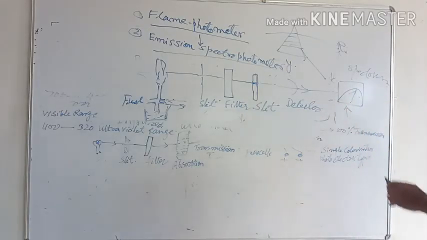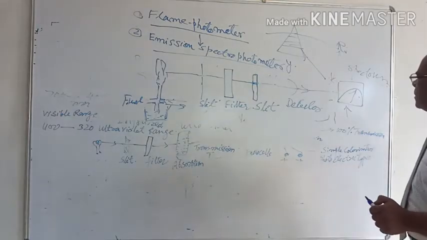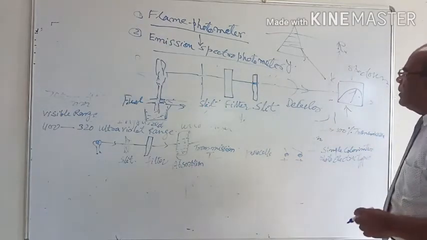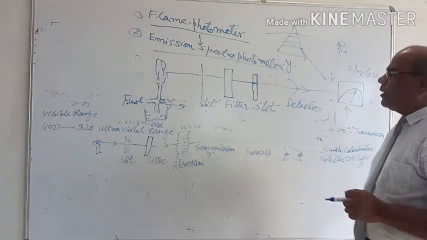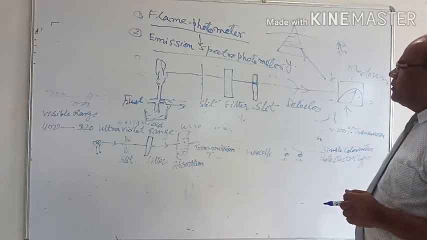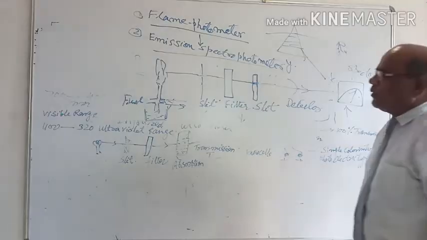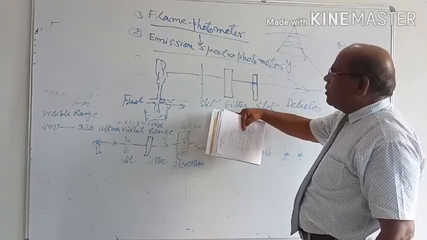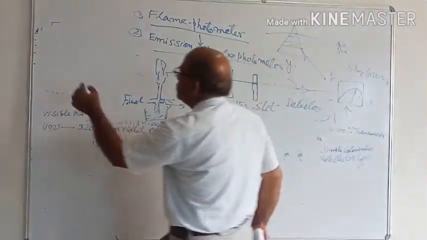On the detector we read the optical density of the spectrum, and by estimating the optical density we can easily calculate the concentration of sodium or potassium or lithium present in our specimen by simple calculation. This instrument follows Beer's and Lambert's law. Beer's law says that